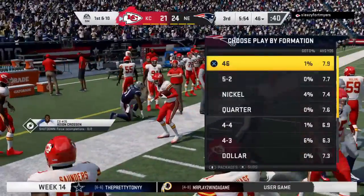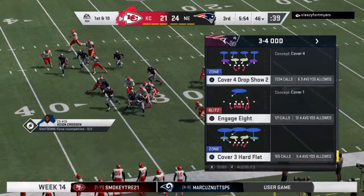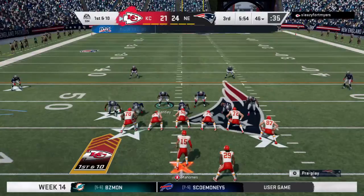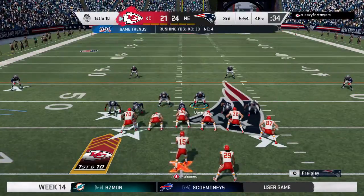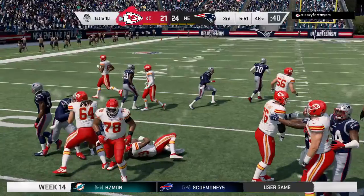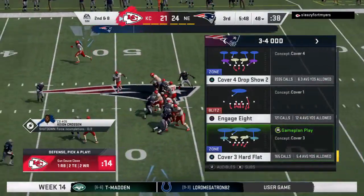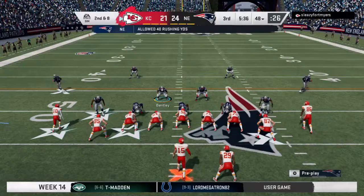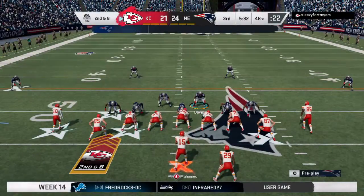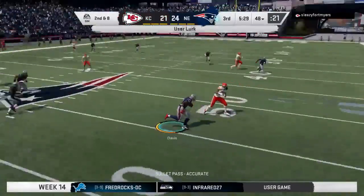That strong return is setting them up nicely for this drive, and we all know the next score is going to have a major impact on this game. The Chiefs offense about set to begin this drive. They're down here, but very much in this game. What's the tonality of a coach's talk when a game is within striking distance like this at intermission? Typically, what they're doing is emphasizing the things that went well in the first half and wanting more of that. Sure, you've got to go over some of the errors and clean up some things because there's a